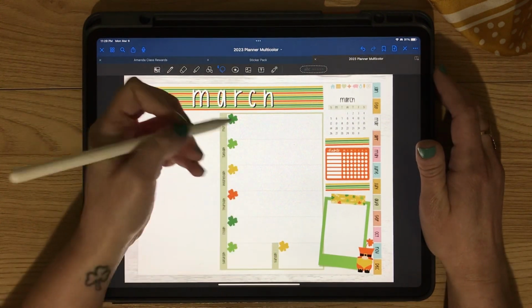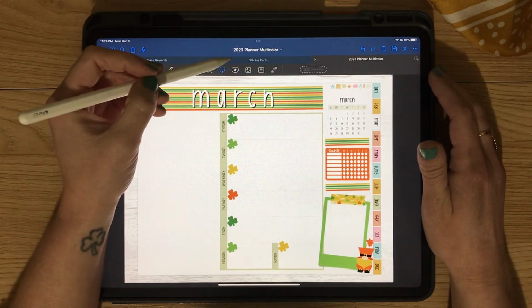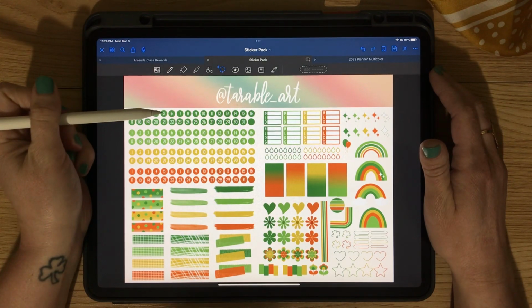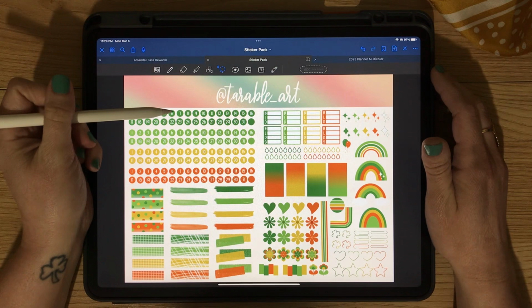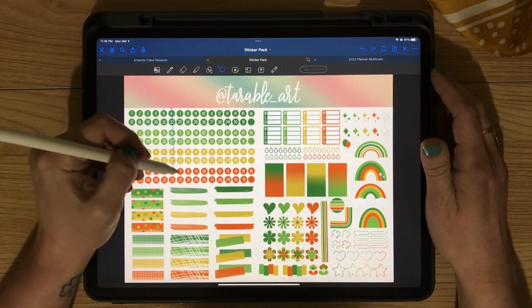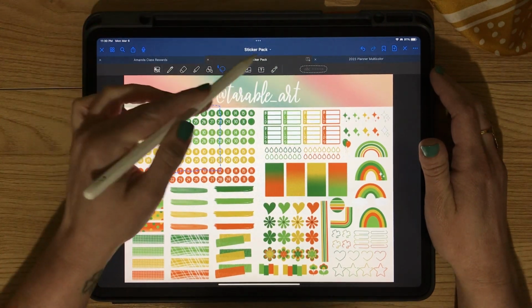And now we obviously have to put the numbers in. So you can write these, or you can take the stickers by coming to your sticker pack, scrolling over to the dates, and then remembering that those dates were wrong, so don't use those as a guide. We're gonna start with the 6th, and that means that this week ends on the 12th. So we're just gonna take the 6th through the 12th in all of the colors, tap and copy, come back to our planner,